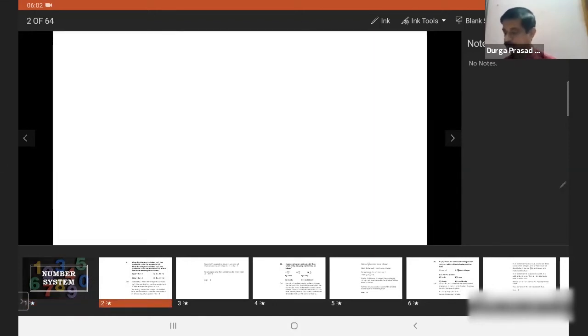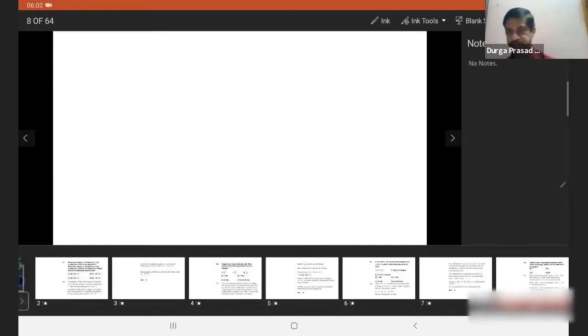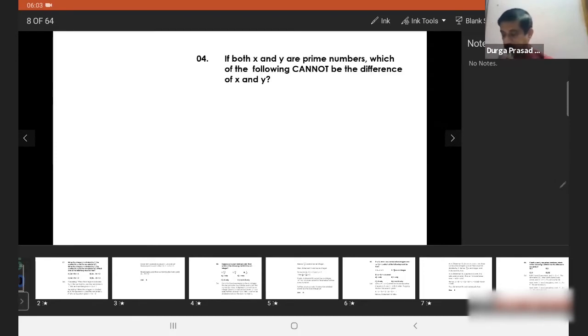So you all know what we mean by number system. Something which deals with numbers. Numbers means it could be anything. Numbers, including the operations, is called as number system. So now